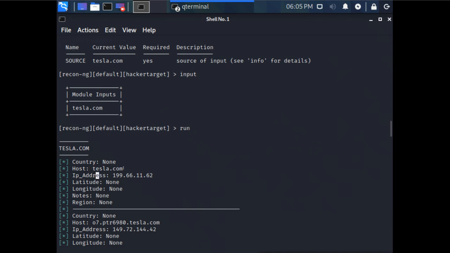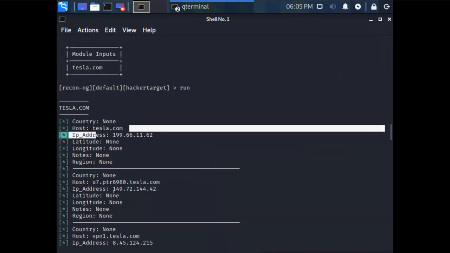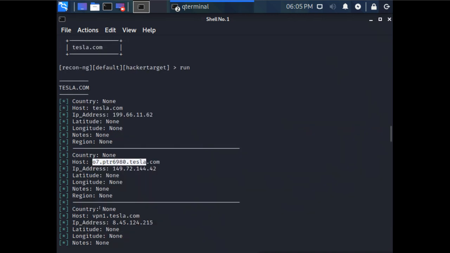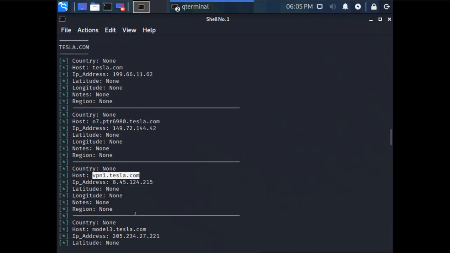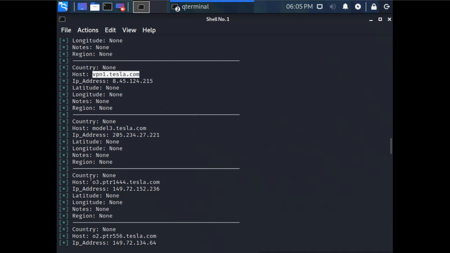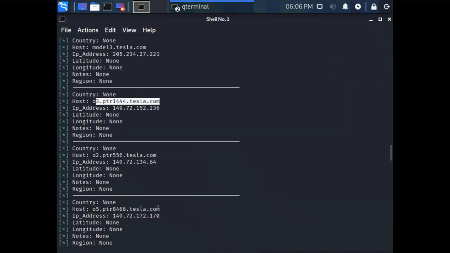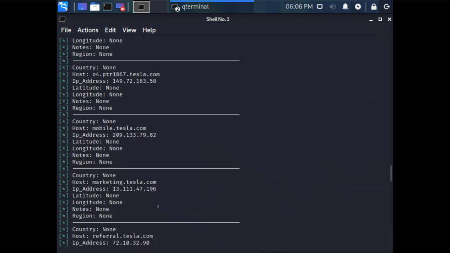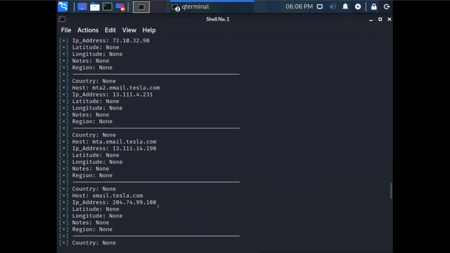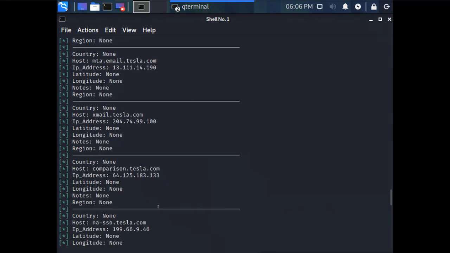It is not able to find this information. Then the other host is this. You can see it is finding the subdomains of this domain. Just like this module, you have many other modules in Recon-ng to work with, and you can find many other pieces of information here.